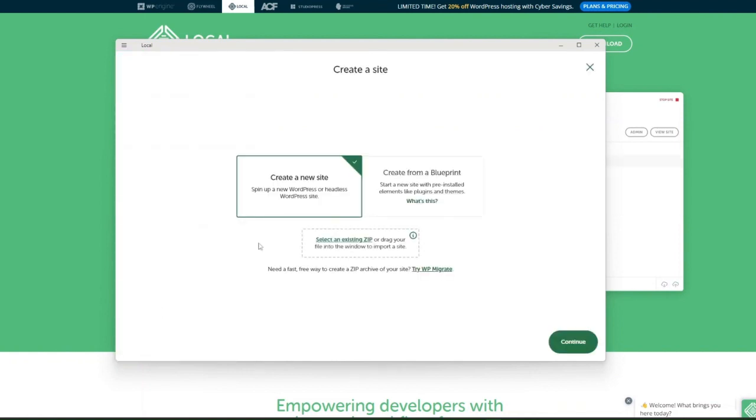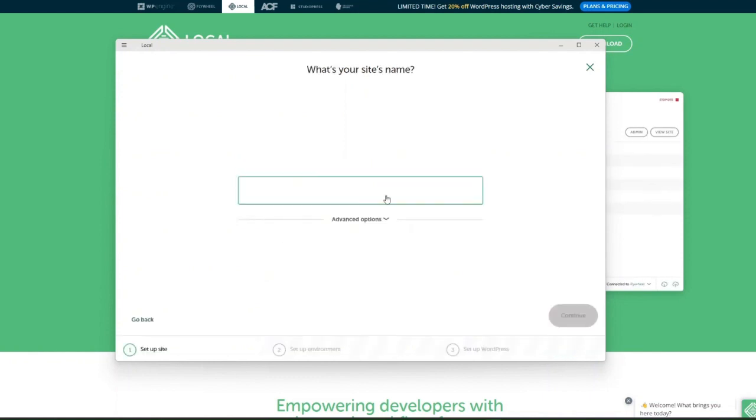Now there's different ways to do this. You can create a new site, a completely fresh WordPress install, or we can create from a blueprint. So if you have a blueprint of sites with pre-installed elements and plugins and themes, you can create it from that. If you have an existing site to download, you can upload it as a zip file, and then you can have it that way as well. But we're just going to create a new site from the beginning. I'm just going to give it a site name,